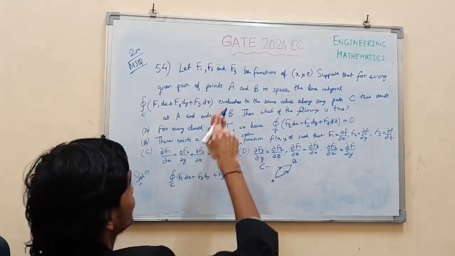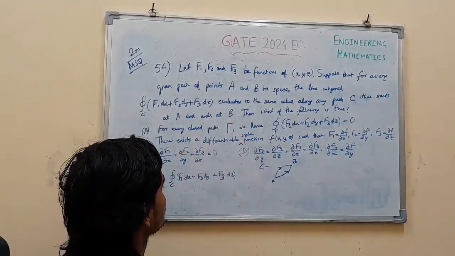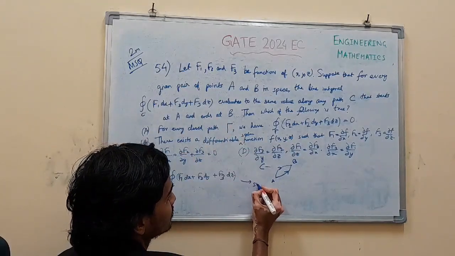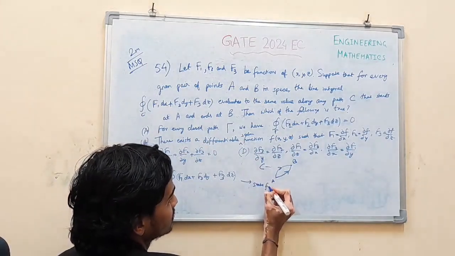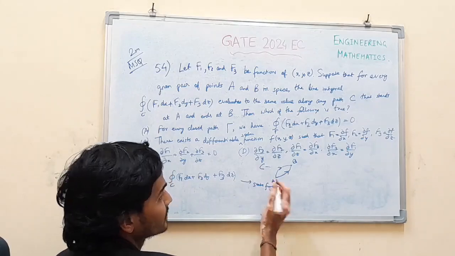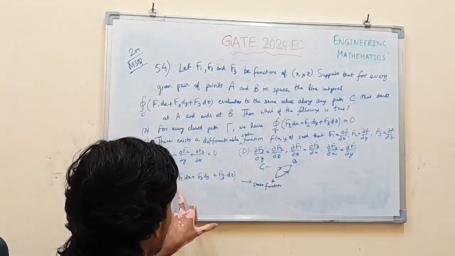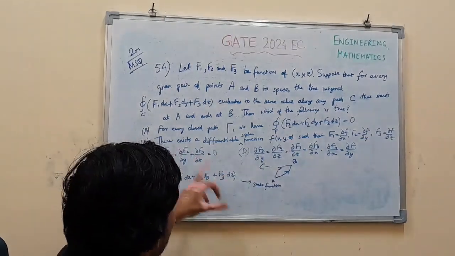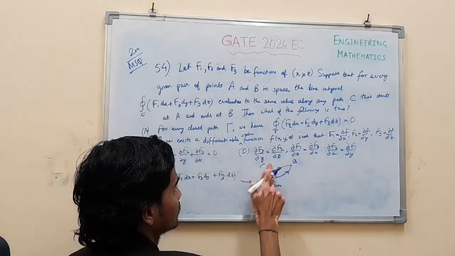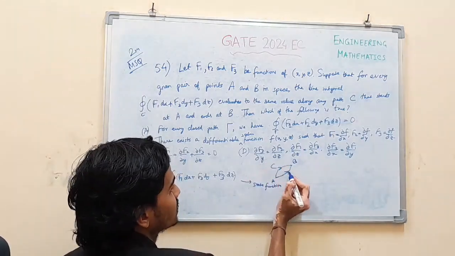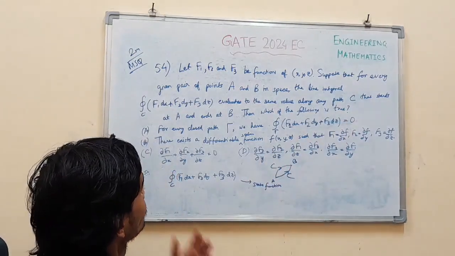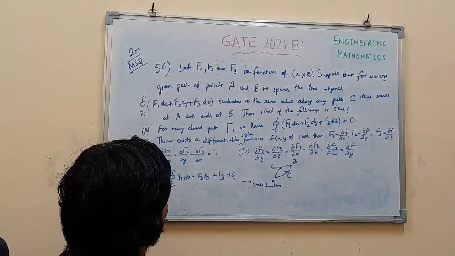Irrespective of the path, the value of the line integral is the same. So we can say that this is a state function. As it is independent of the path, it depends only on the endpoints, A and B, and is path independent. C can be any path, this or this, anything. So since it is a state function,